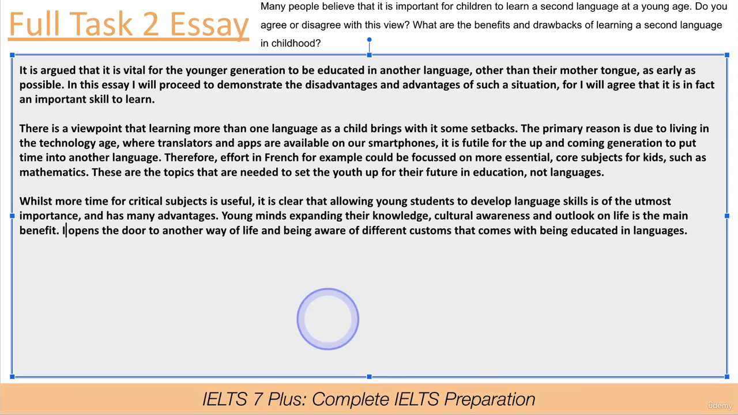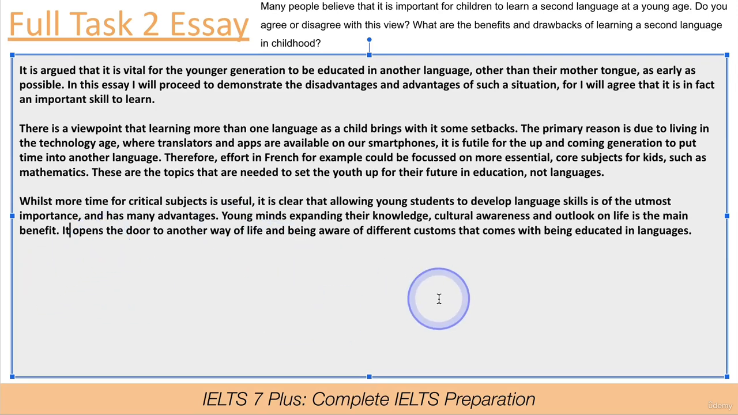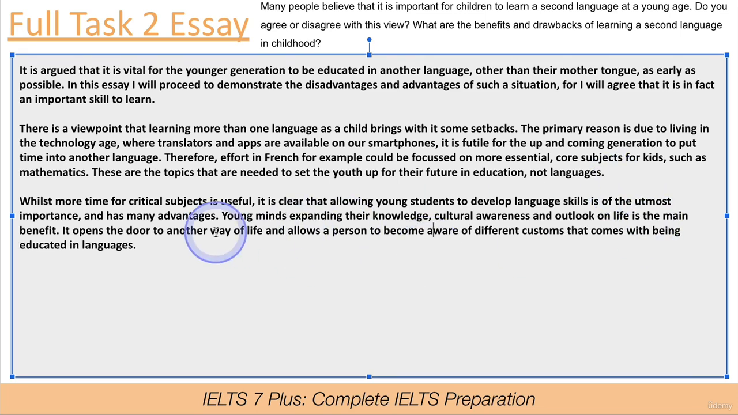So, we could say it opens the door to another way of life and allows a person to become aware of different customs that comes with being educated in languages. Let's say that, for example, different languages have different ways of approaching people. There's politeness rules in some languages. For instance,